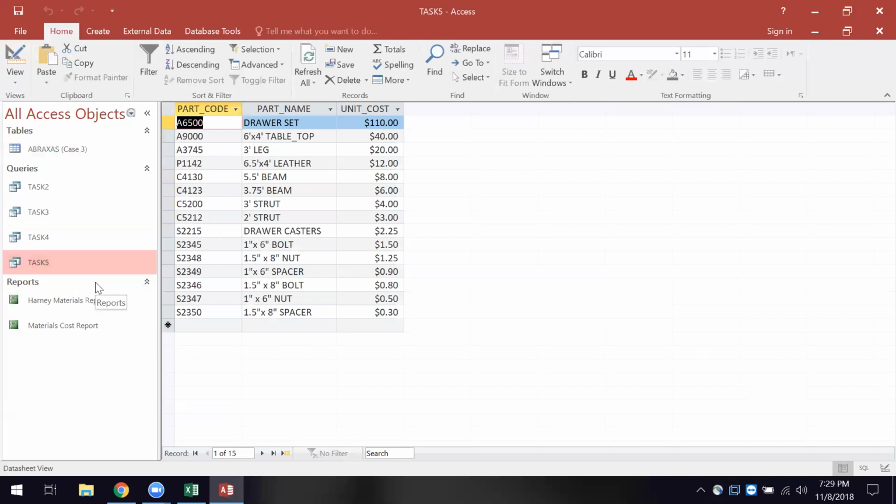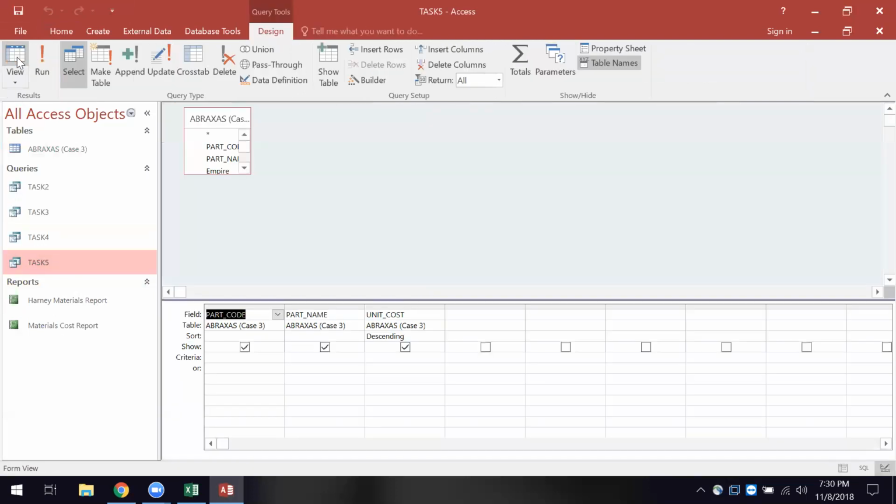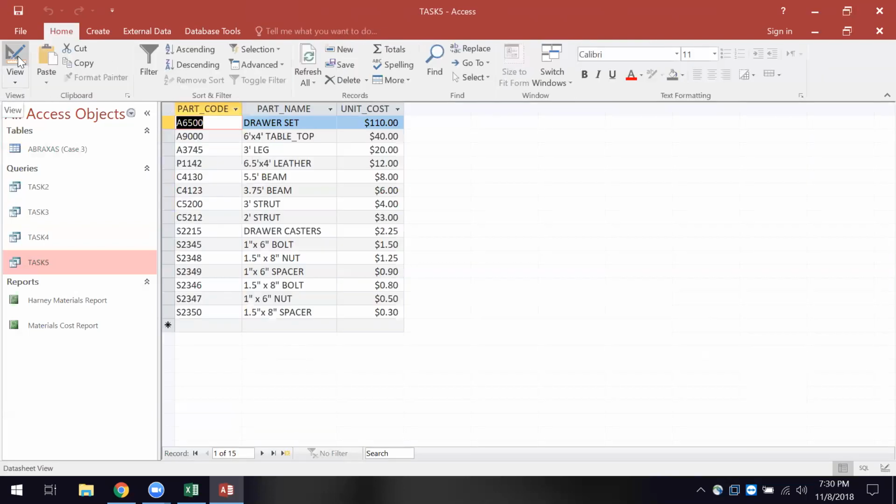Here are the drawer, and it looks like the component parts for a particular model. These are just the part name and part code. It just lists the parts and how much they cost. You'll see down here they have a materials report and then a materials cost report. And again,